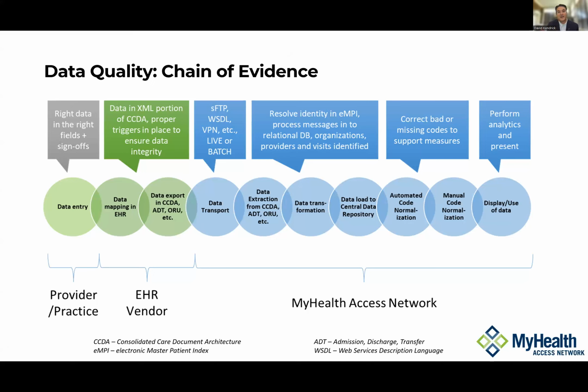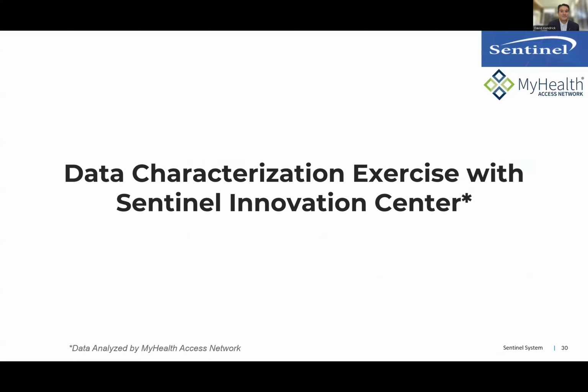We transform the data, we organize it into a central data repository. I mentioned the FHIR data repository we have for this, and we do code normalization to clean it up. And the call outs at the top are all just sort of examples of all the things that can go wrong that we have to monitor in this. And we provide this service as the health data utility, so that whatever is made of the data on the other end is based on true and accurate data to the best of our abilities.